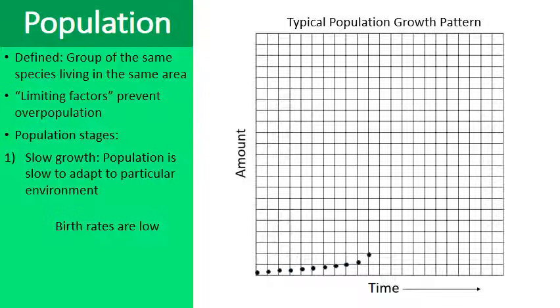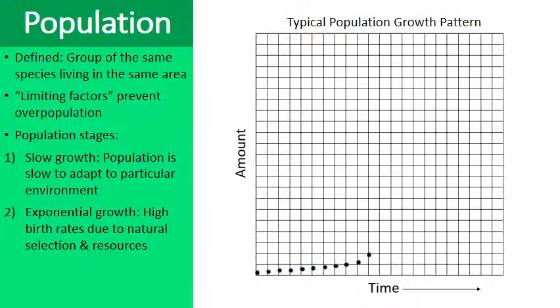And then you start thinking, well, why is that? Well, at this time, birth rates are probably pretty low. The life that is growing here is struggling to survive. Natural selection is slowly eliminating those that are not fit to survive in this environment, and those that are fit to survive will eventually start to reproduce and make lots of offspring. That leads us into stage 2. Well, stage 2 is a period of what is called exponential growth.